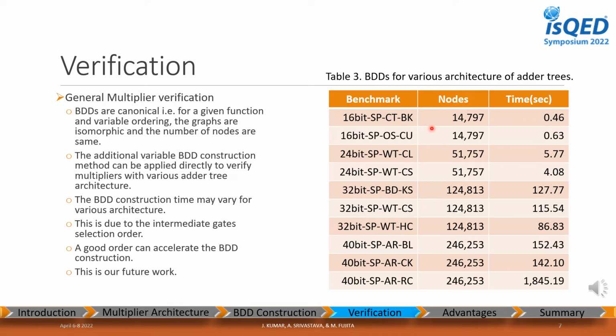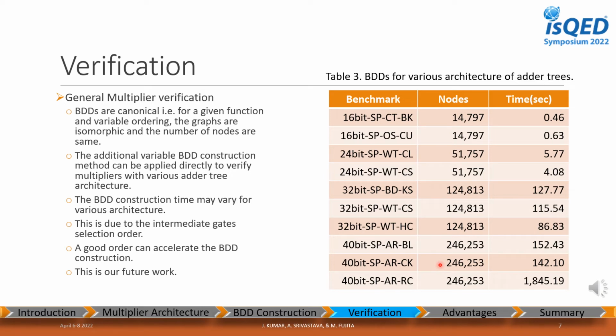As we know, BDDs are canonical for a given function and for a given variable ordering, hence two circuits for the same function should have isomorphic BDDs and the number of nodes in both generated BDDs will be equal. We constructed BDDs for various architectures of adder trees up to 40 bits. You can see in table 2 and table 3 that the number of BDD nodes are equal for the same bit size of multipliers. Hence, we can conclude that the circuits are equivalent to the reference circuit by just checking the number